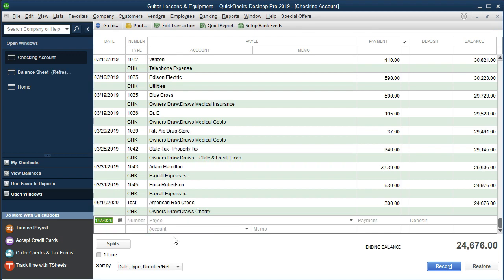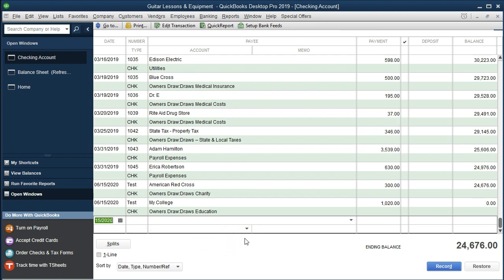And then we had, I'll keep the same date, test for the check number. We paid my college again, let's say another 1,020, and that's going to my college, again a draws account. And then we've got the same date, test, to ease